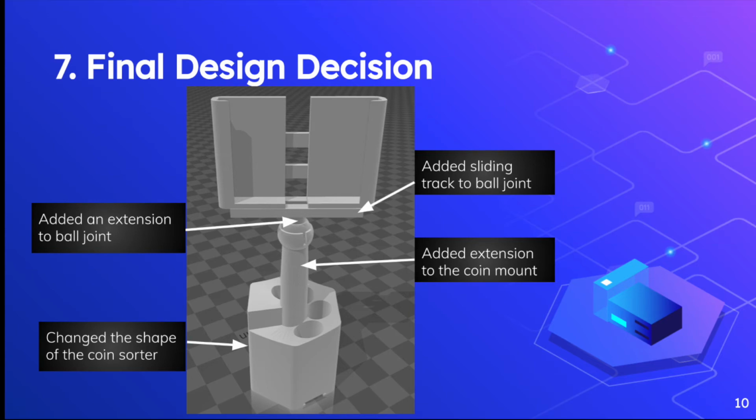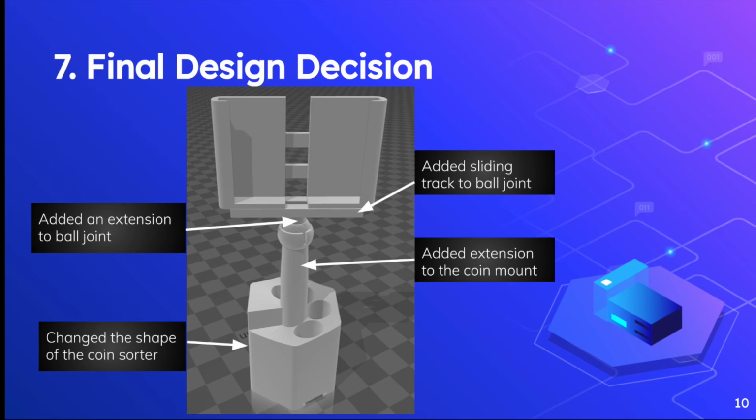The seventh step of the 10-step design process is final design decision. For our final design, we changed four main things from our prototype. First was a sliding track on the bottom of the phone holder that would add more stability to the phone holder. Next was an extension to the ball joint that allows the phone holder to turn at a higher degree angle. Next was an extension to the coin sorter that allows the phone to sit at a higher height in